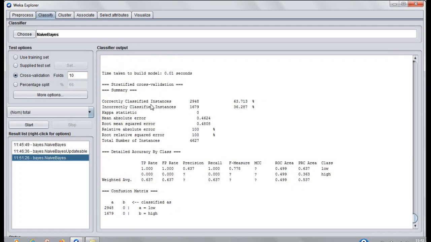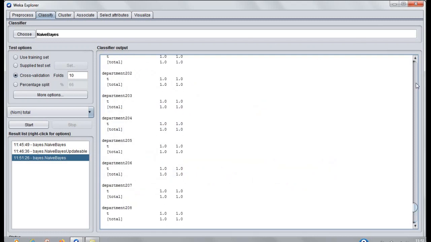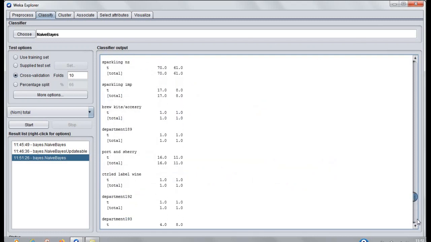And we built the model. The time taken to build the model is 0.01 second. So one of the comparison parameters for more than one algorithm is how much time is taken by your model and what is the accuracy of your model. So first of all, the naive-Bayes classification requires 0.01 seconds for this particular algorithm. Then